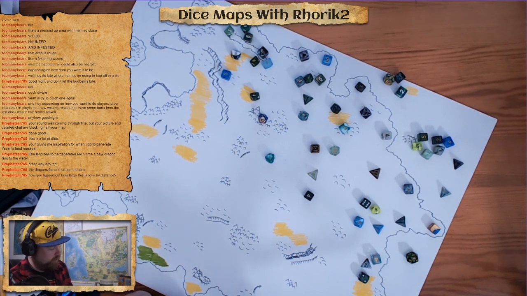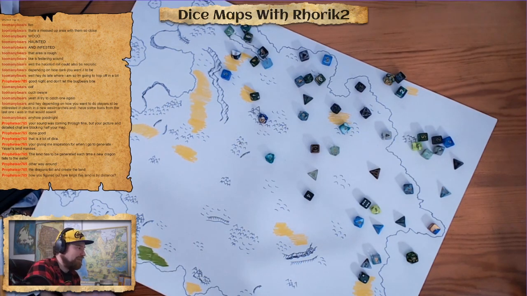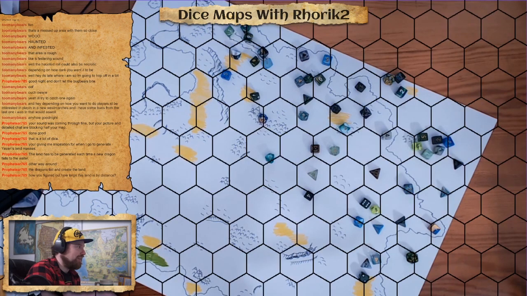You can kind of do that as by taste. What I do is I've got this, so I can use the hex grid to do how big or small I want each area, and